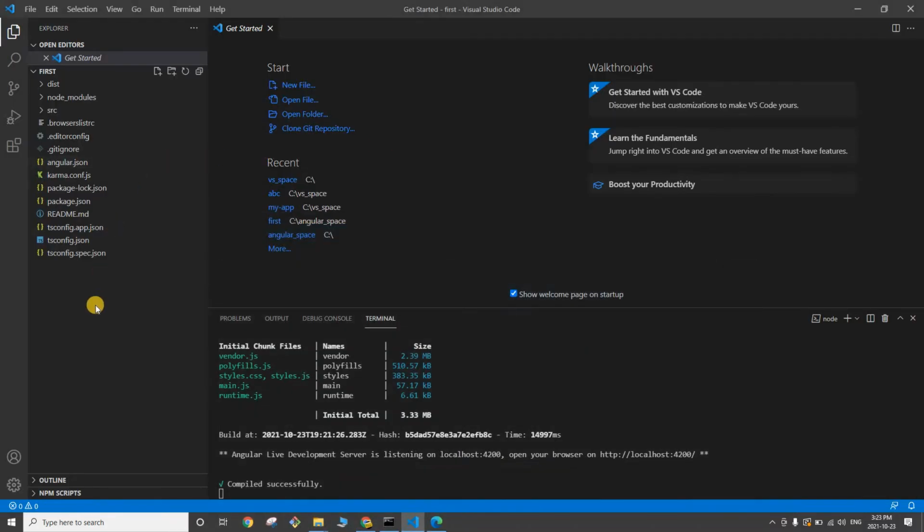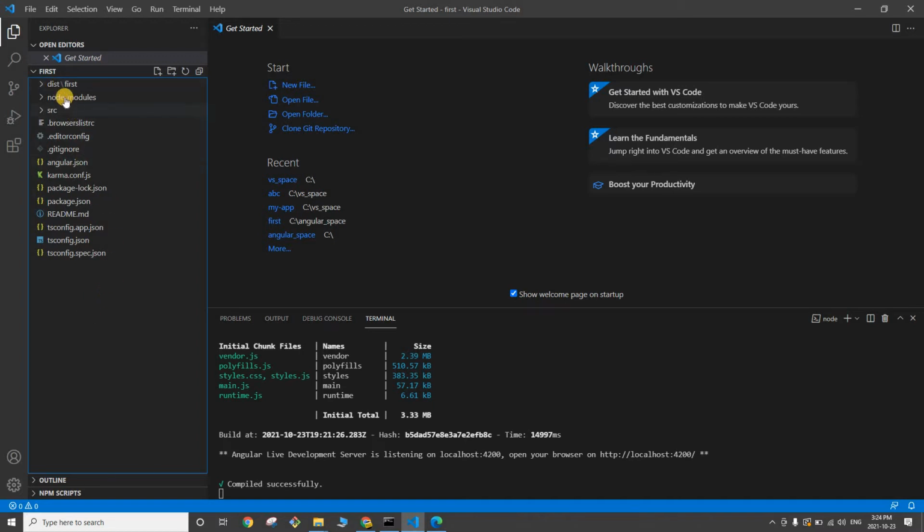Now let's go and talk about the project files. So the dist folder is like distribution. When you run your build command, it generates the build that you can deploy. So that goes here. It is exactly the way you do in Java, right? You run your build script. It could be your ant build script or it could be your pom.xml file, right? And then you generate a war file or a jar file that goes under the dist folder. Exactly the same way we have dist in Angular as well, right?